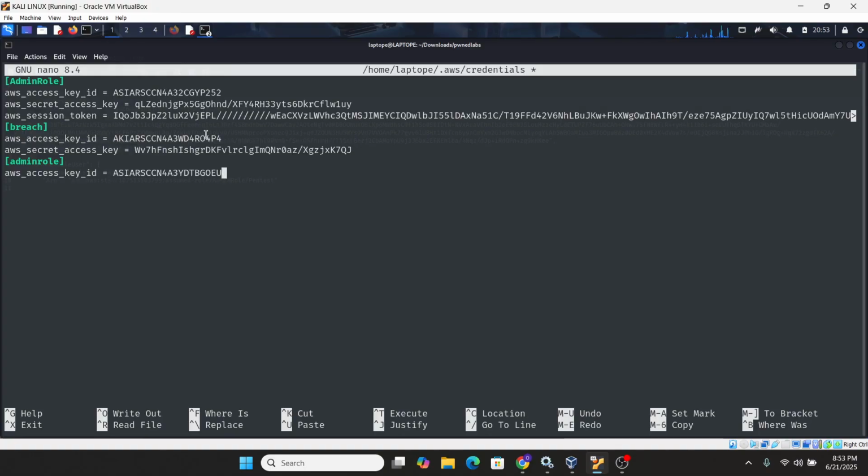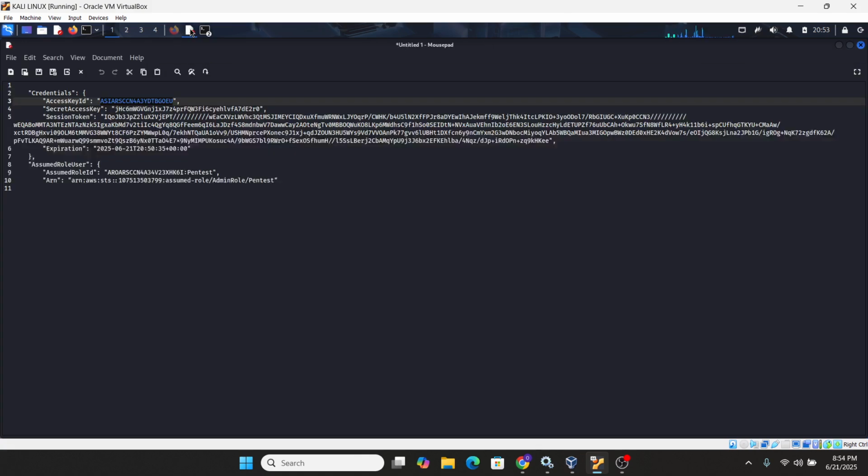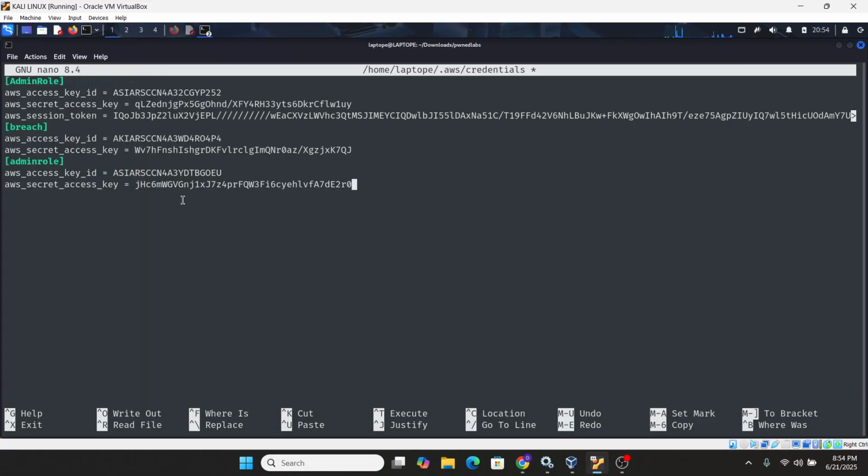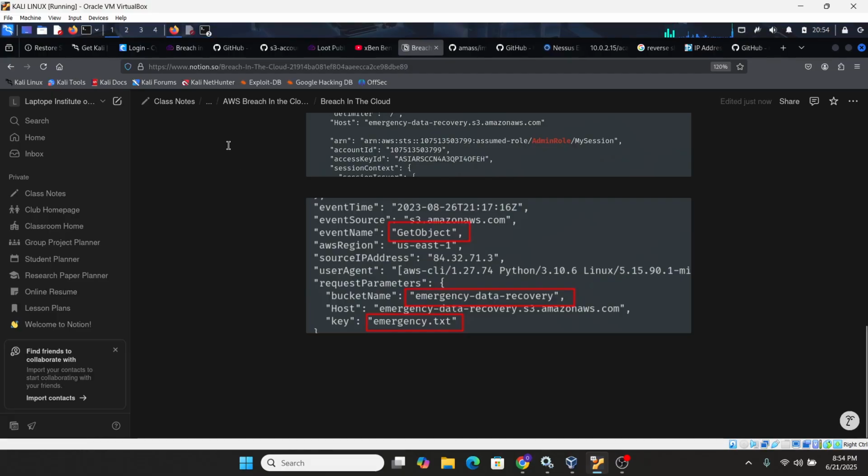Control Shift V. Next, AWS secret access key. We copy the secret access key as well. The last one is the AWS session token.